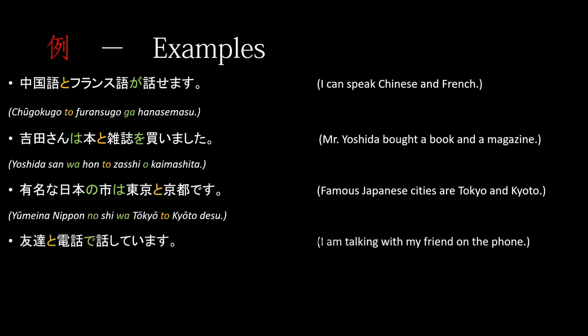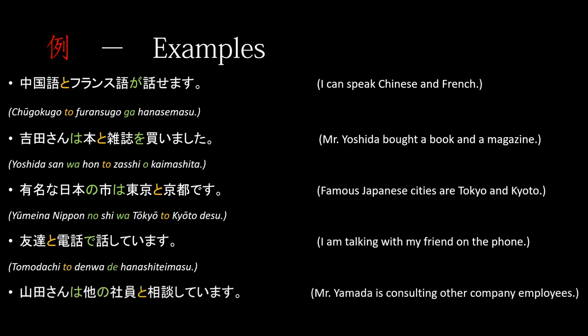Now, in our fourth sentence and in our fifth sentence, we have something different. Tomodachi to denwa de hanashite imasu. I am talking with my friend on the phone, and in our final sentence, Yamada-san wa hoka no shain to soudan shite imasu. Mr. Yamada is consulting other company